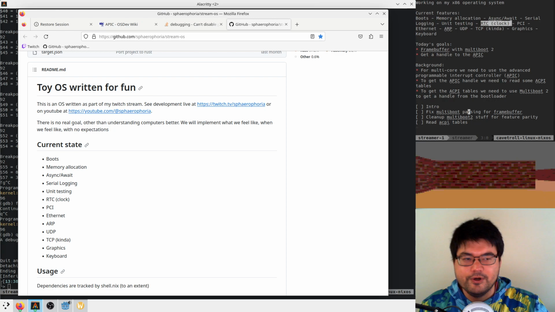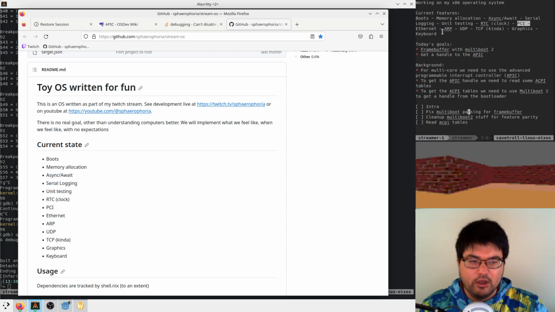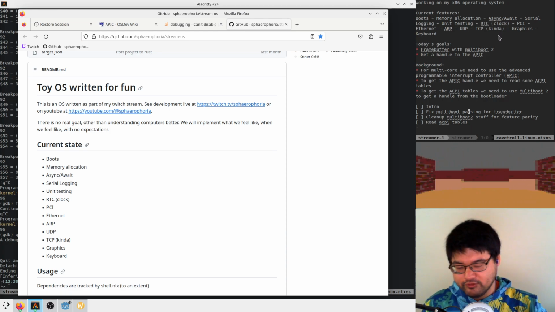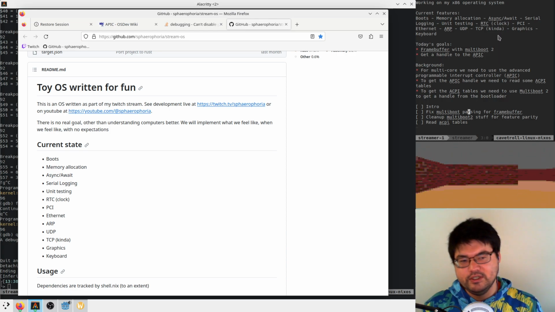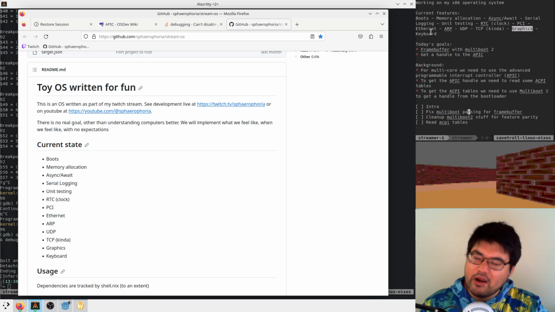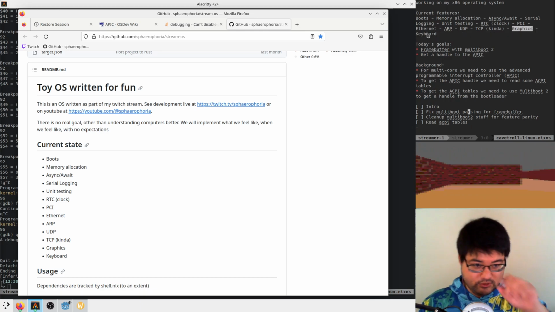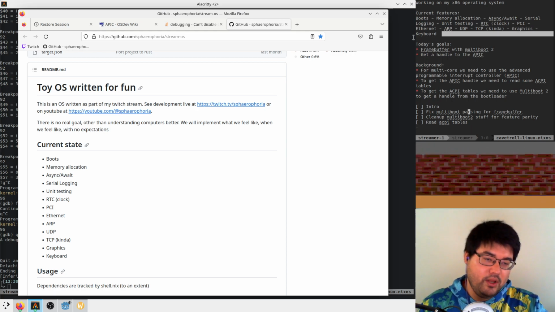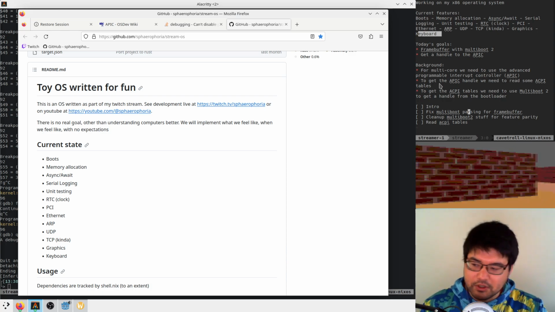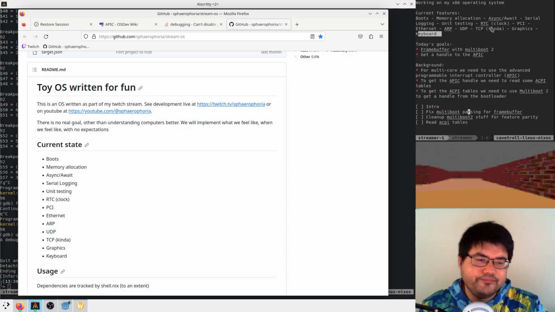It has a pretty shitty clock and an Ethernet stack so that we can serve a web page, do TCP stuff, UDP stuff, etc. We have some shitty form of graphics where we can draw pixels to a frame buffer, and we have keyboard input handling, so that we can control things in our games, etc.